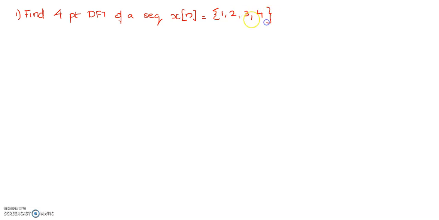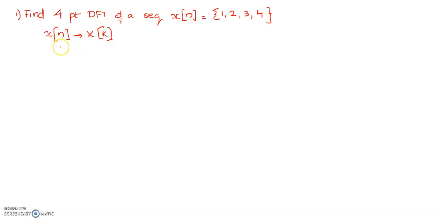So right now we are going to look into a numerical problem where we are going to find out a 4-point DFT of a sequence x of n equal to 1, 2, 3, 4. So we are starting out with this question and I hope you can follow up. Okay, so we are supposed to convert a signal x of n into x of k using this DFT concept,